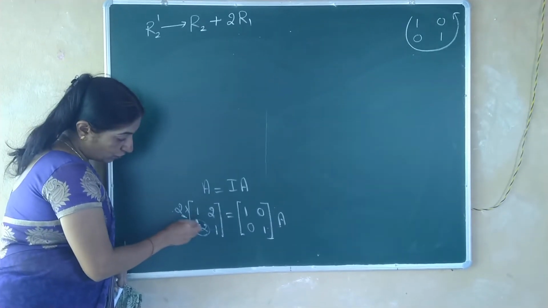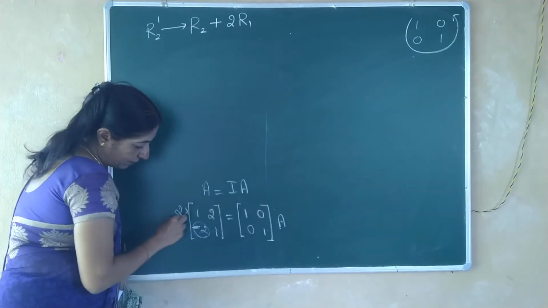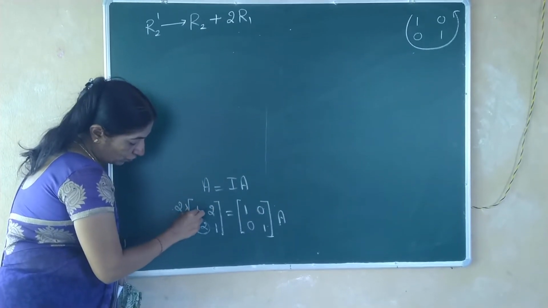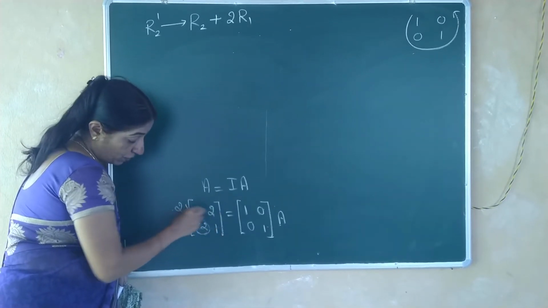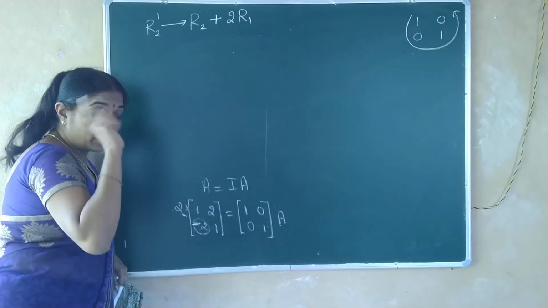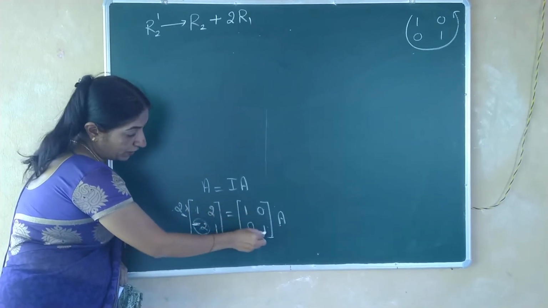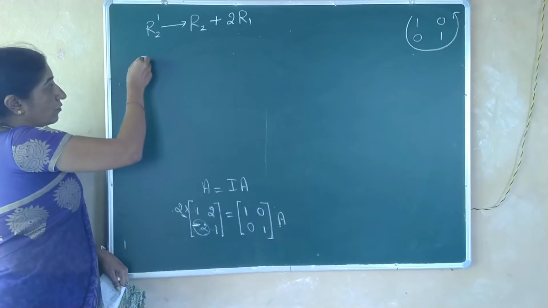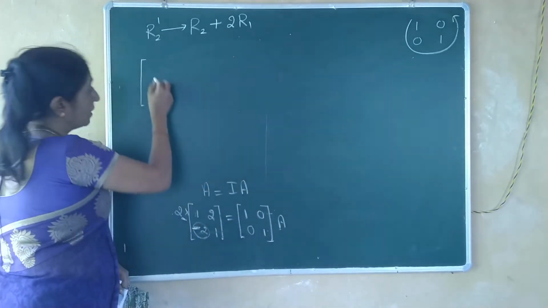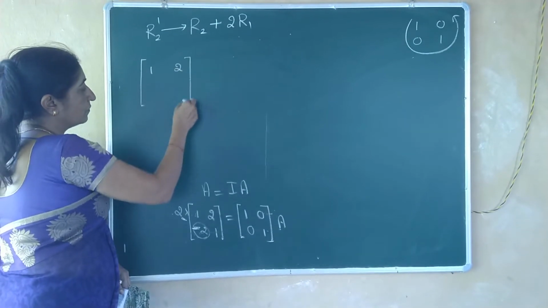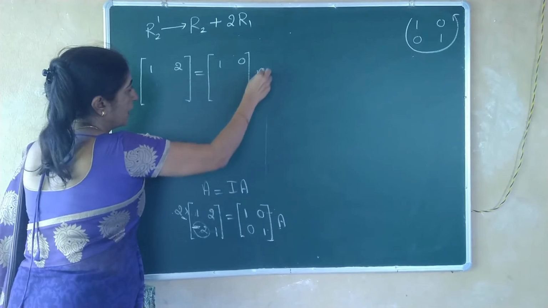Here it is minus 2. See, each element, take a pencil. Each element is multiplied by 2. What is 2 into 2? Minus 2 plus 2, 0. And next 1 plus 4, because we are multiplying, that you do in the mind. 1 plus 4, 5. 0 plus 2, 2. 1 plus 0, like that. See, now which row are we changing? Second row. Keep the first row elements as it is, 1 2, and here 1 0. This A as it is.